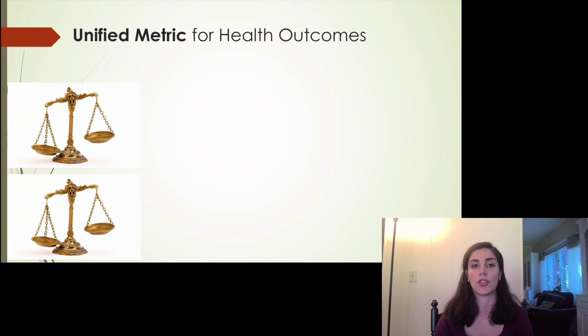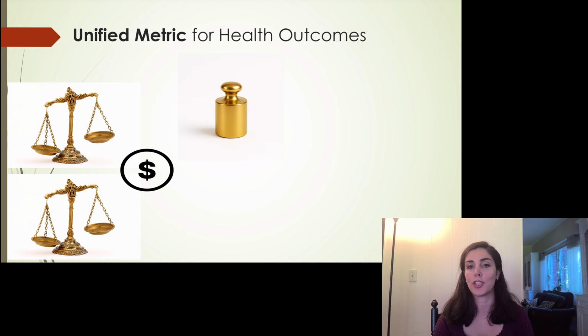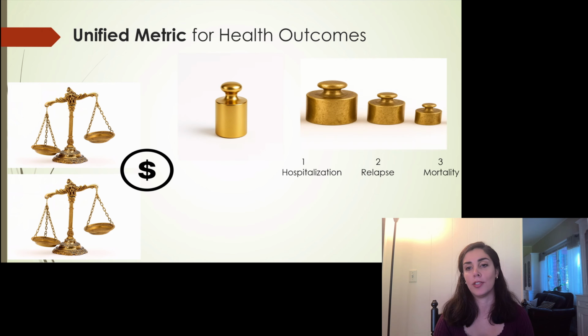of each intervention. For costs, it's easy because we have that dollar sign, but when it comes to health outcomes, we might have a medication that has several different strategies, several different health outcomes. For instance, it can prevent hospitalization and relapse at the same time, but also improve mortality. If we want to unify all those health outcomes into one metric, we can use what's called QALY, which is